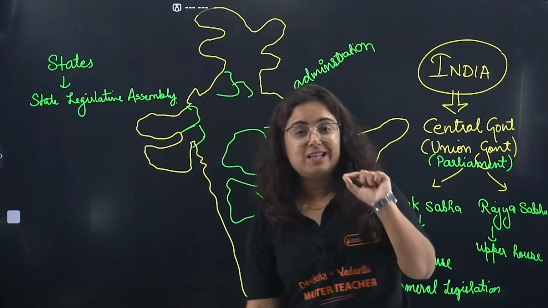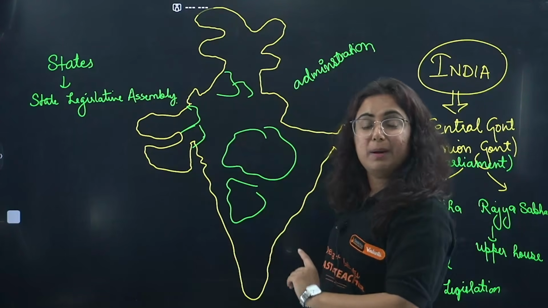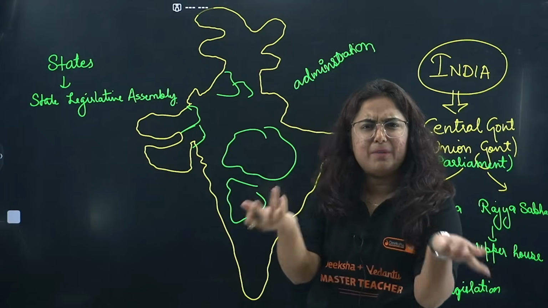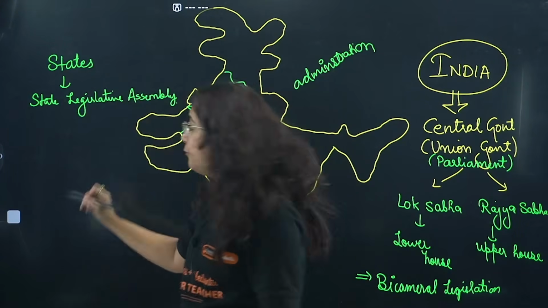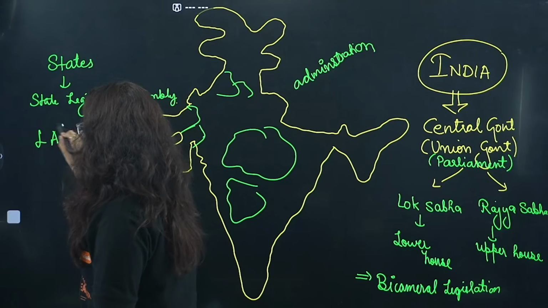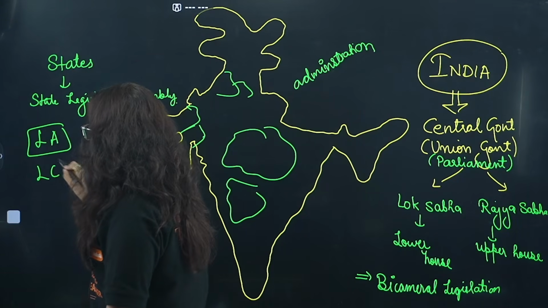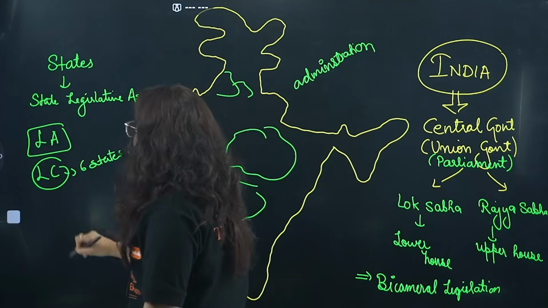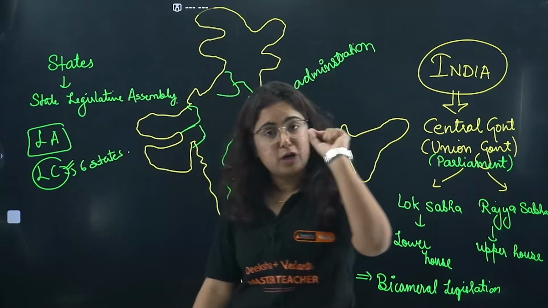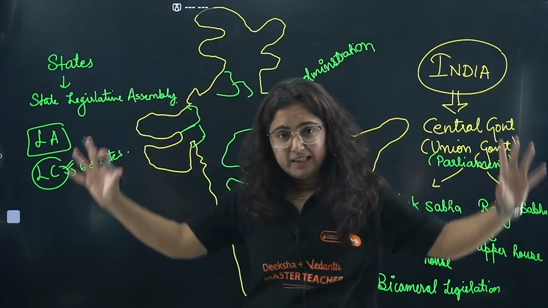The members of these are known as MLA, and the member of parliament is known as MP, obviously. But there are some states which have not only a legislative assembly, but there are only 6 states in India which have legislative councils too. Considering this picture,